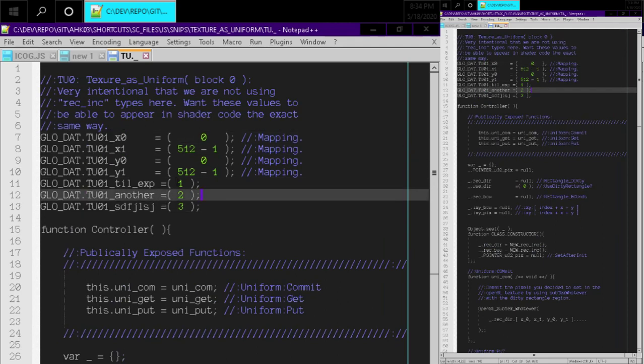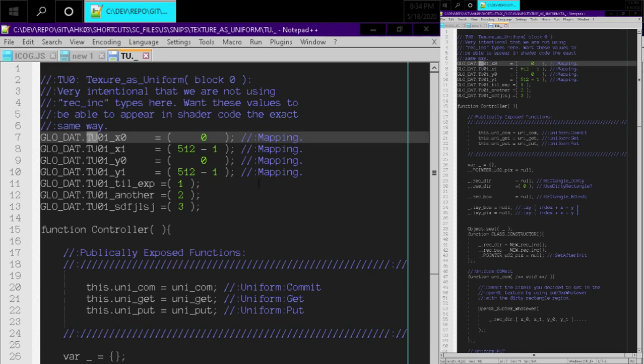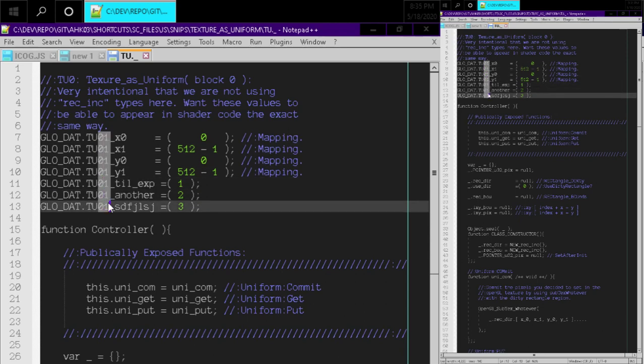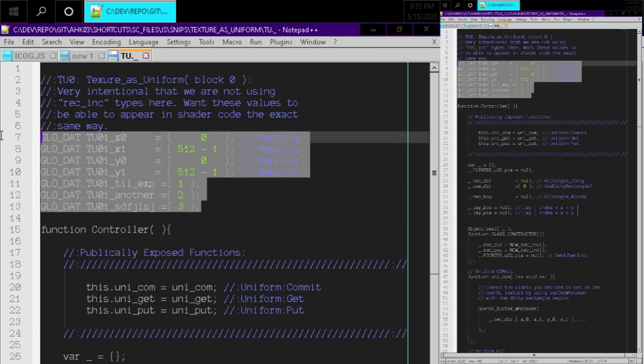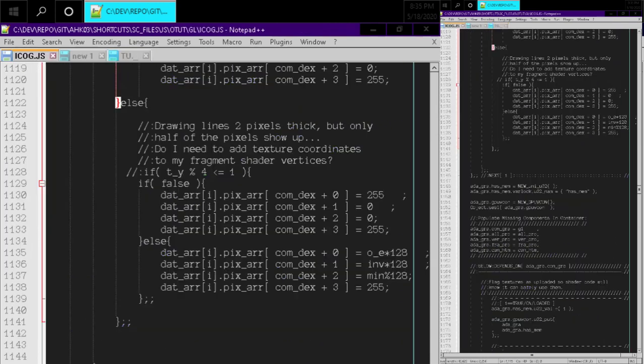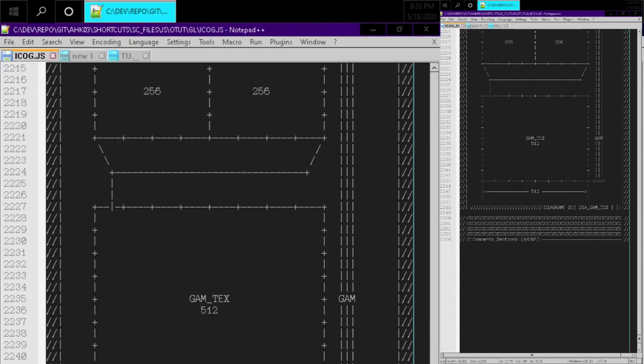This is because TU is for texture as uniform, so we're going to use a texture as if it were a uniform, and 01 is just a number, right? Because I might have more of these. And if we go look at our comments way down here,